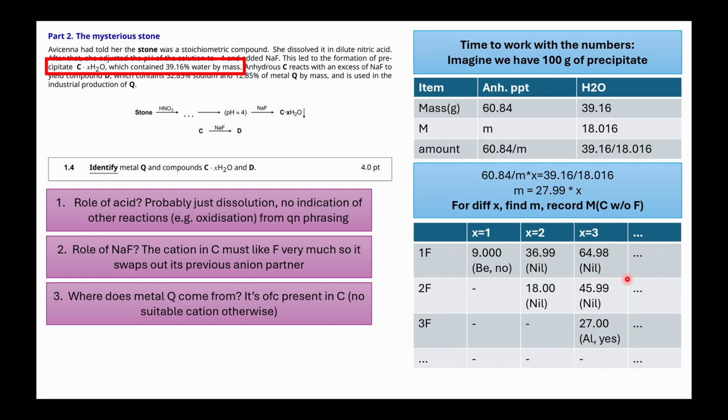And you hit nothing. So it's always sensible to go diagonally along the table because that's where you're most likely to hit. And finally, at x equals 3 and the number of fluorine equals 3, you get 27.00, which is aluminium. And yeah, maybe metal Q is going to be aluminium,